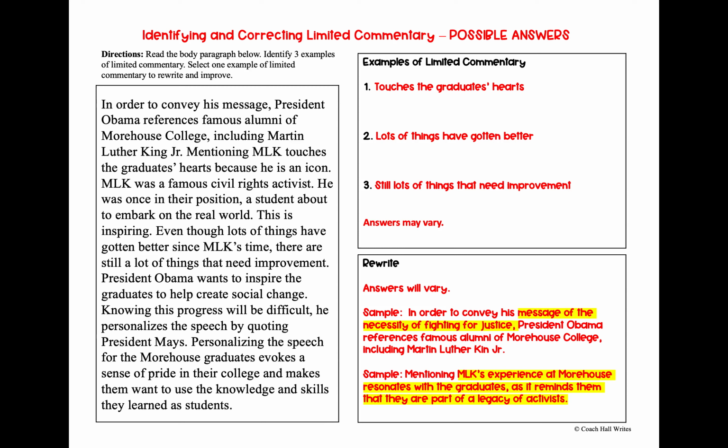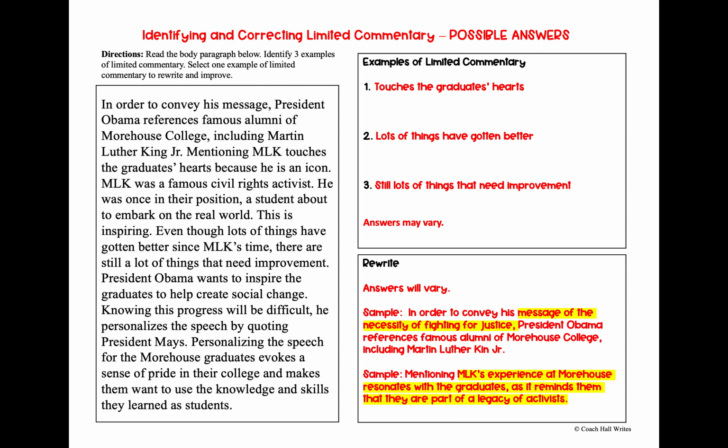Now, something students sometimes tell me is, "Yeah, but I already included that in the thesis," or "I mentioned it in the other body paragraph." That's good that it's mentioned in those other places as well, and if you're mentioning it in multiple places throughout your essay, it can help if you change up your phrasing a little bit. That being said, and this is just my opinion, so take it for what it's worth, but I would venture to say that for every opportunity that you have to be more specific in your essay, you should take advantage of that opportunity.